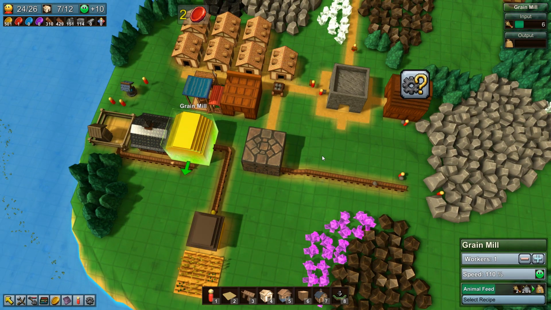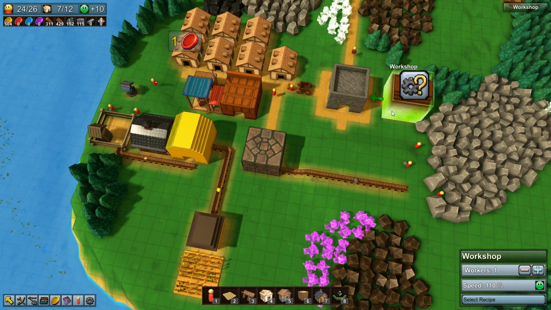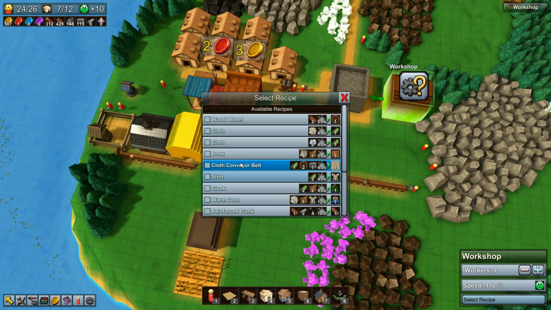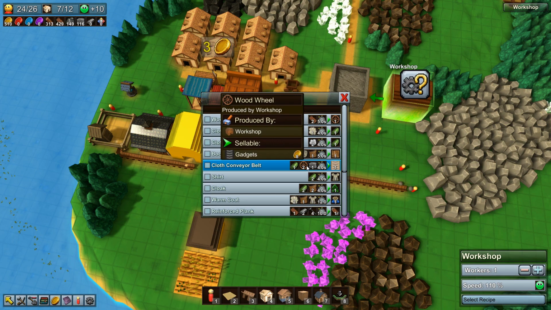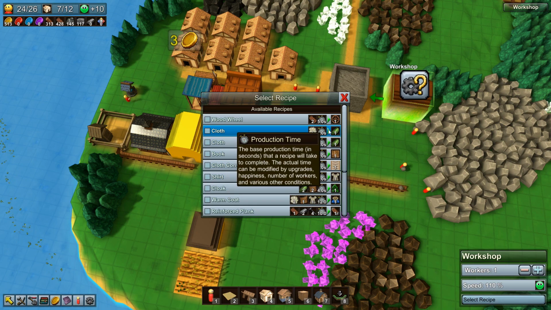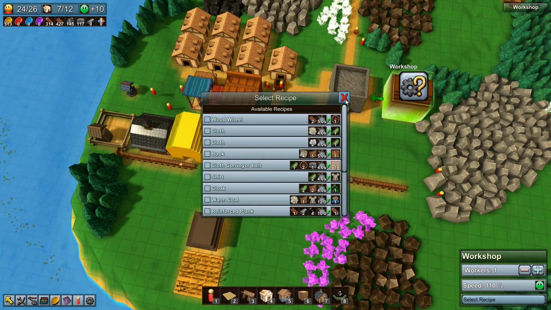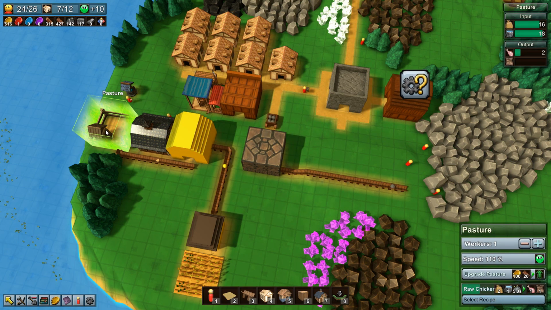What we could really do with is some conveyor belts. I feel that some cloth conveyor belts would be very useful for us, but we can't make any yet, because we require cloth, wheels and stone. Well, we have stone, we have wheels. We don't have cloth. To make cloth you require wool, and that turns into cloth. So if we switch this pasture back to being wool,